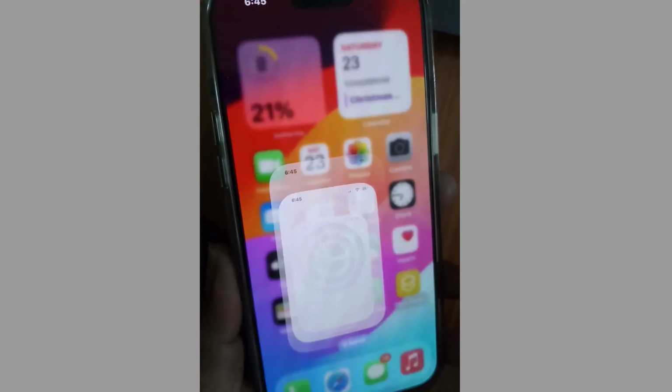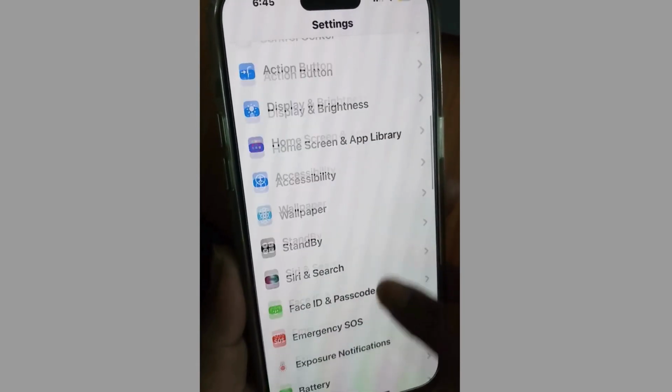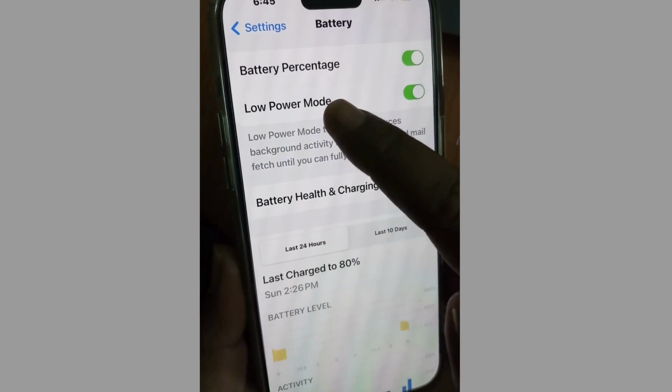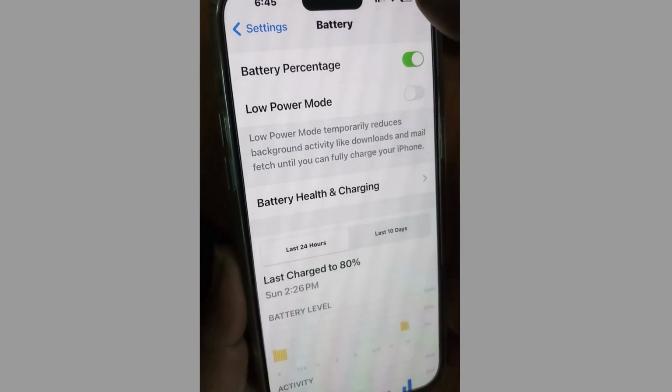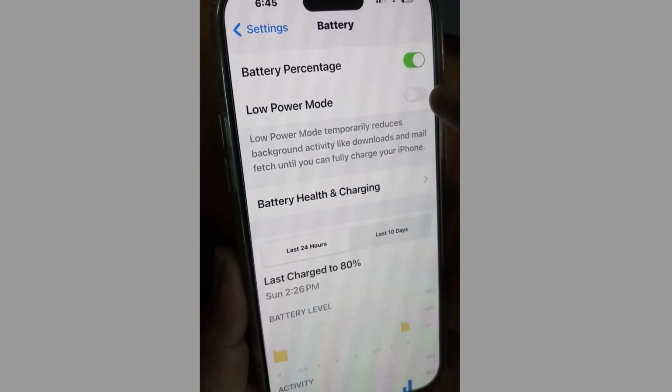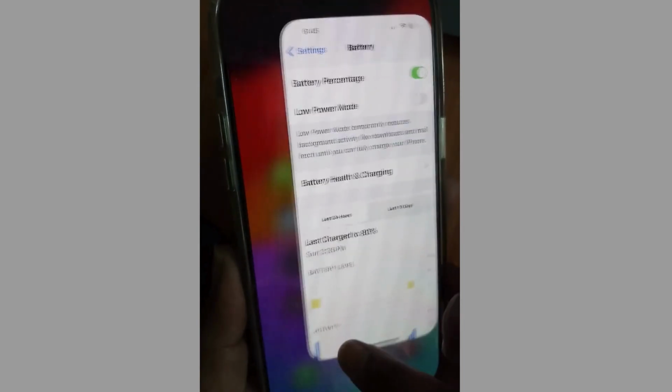To fix slow Wi-Fi network connection, again tap on settings, scroll down, go to battery and disable low power mode,